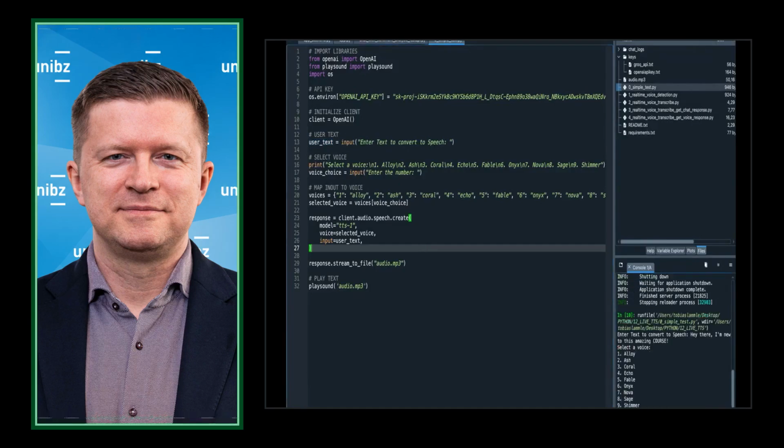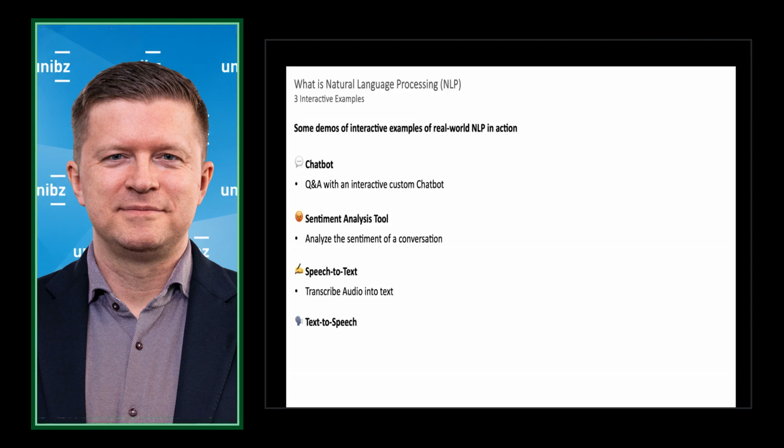So, as you see, this is not even 20 lines of code to do that. It's a real-time text-to-speech model, and you can build an app around this as well in maybe another 10 lines of code, or active examples for your live use cases. So where we are now,